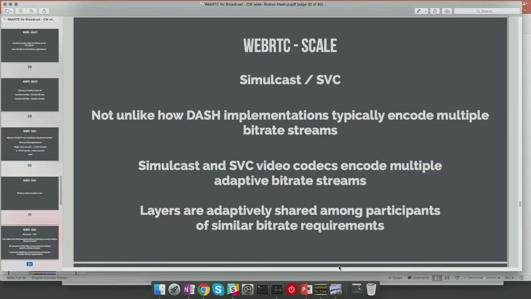Well, in the standards, there's a bunch of work. I think Eric mentioned something about simulcast and SVC. That's the latest and greatest. The Jitsi guys, who we work with pretty closely, have an implementation of simulcast in the video bridge. We've been playing around with that. SVC is another video encoder technology. Both of these, not unlike how DASH implements multiple bit streams,